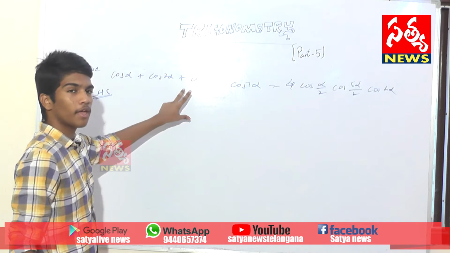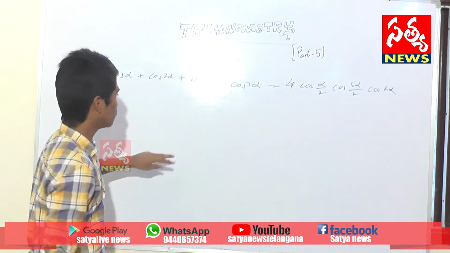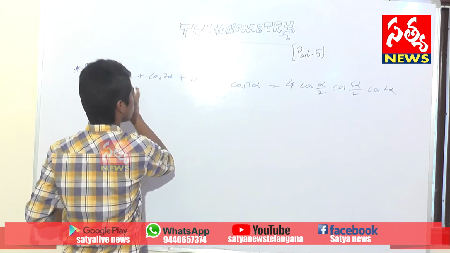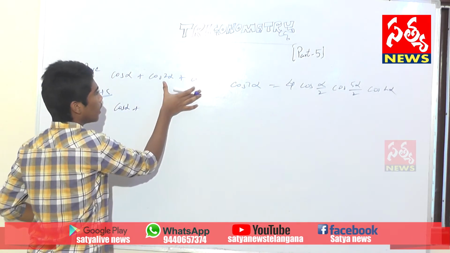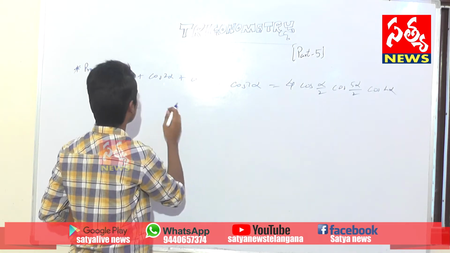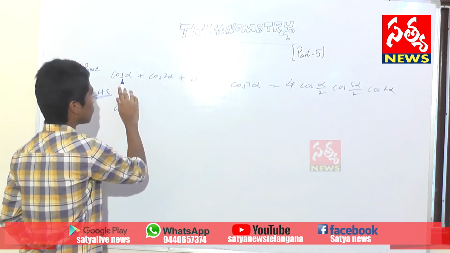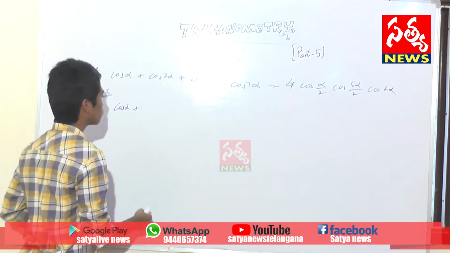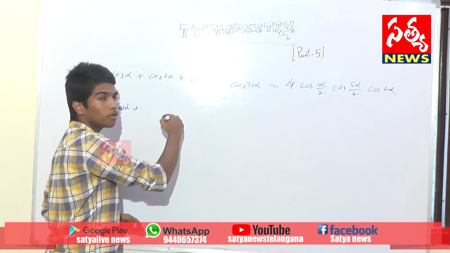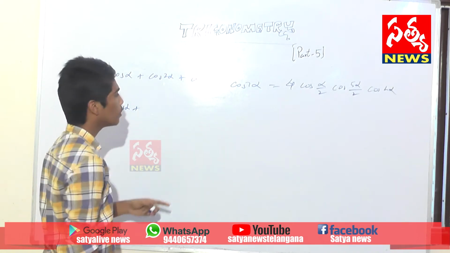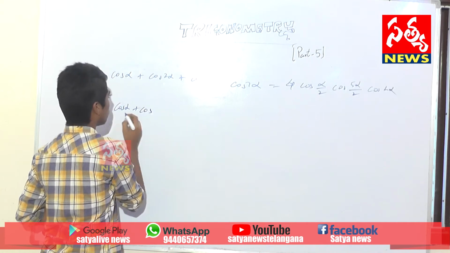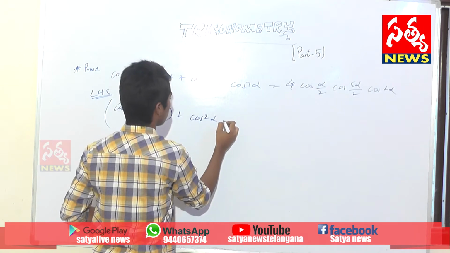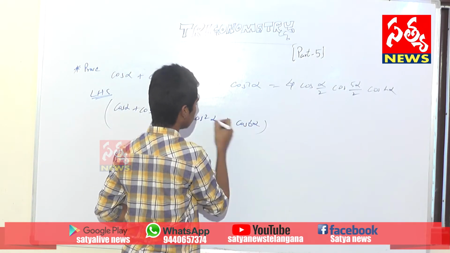See here, we can use the formula cos C plus cos D. I am gathering cos alpha and cos 7 alpha together, and cos 2 alpha and cos 6 alpha together, as you can get 7 plus 1 by 2 as 4, where we have 4 alpha in the RHS. We have to go step by step by seeing the RHS. Cos alpha plus cos 7 alpha, I am making it a pair. Next, cos 2 alpha plus cos 6 alpha.